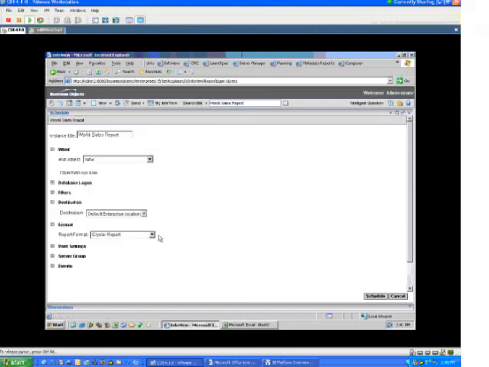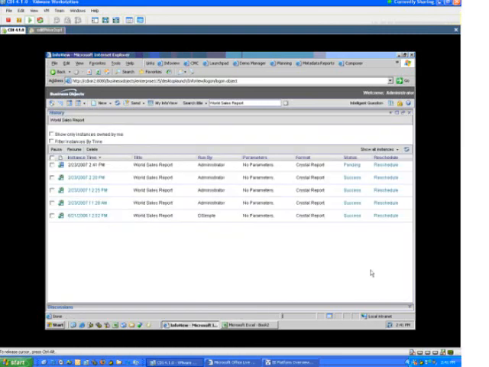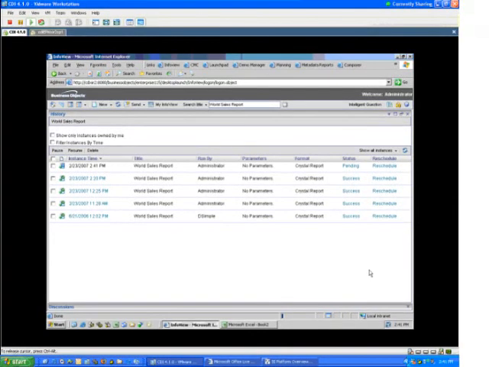And then I also have format options: Excel, Adobe, editable rich text format, and so on. And then I just simply hit schedule. What that does is it takes us back to the history tab, and it shows me the report that I had just scheduled. And that report is either running